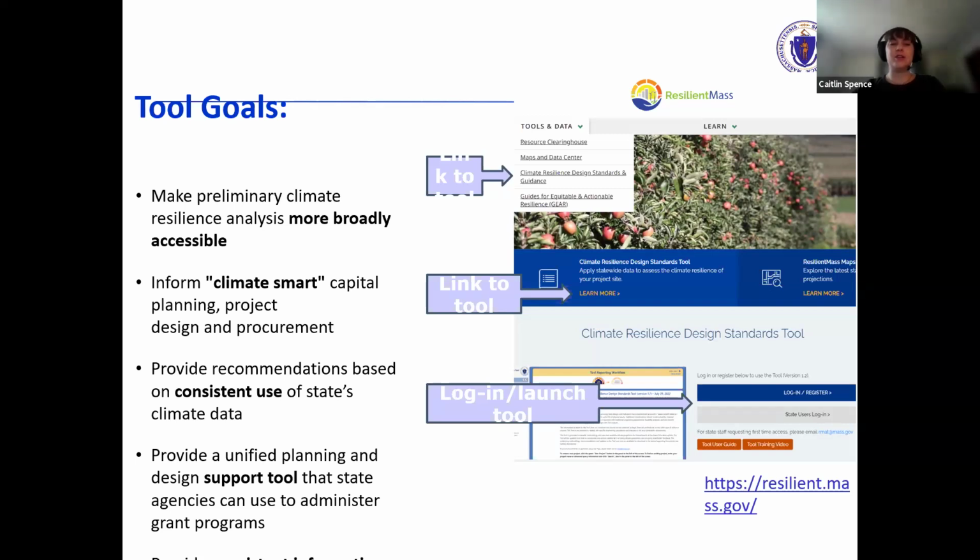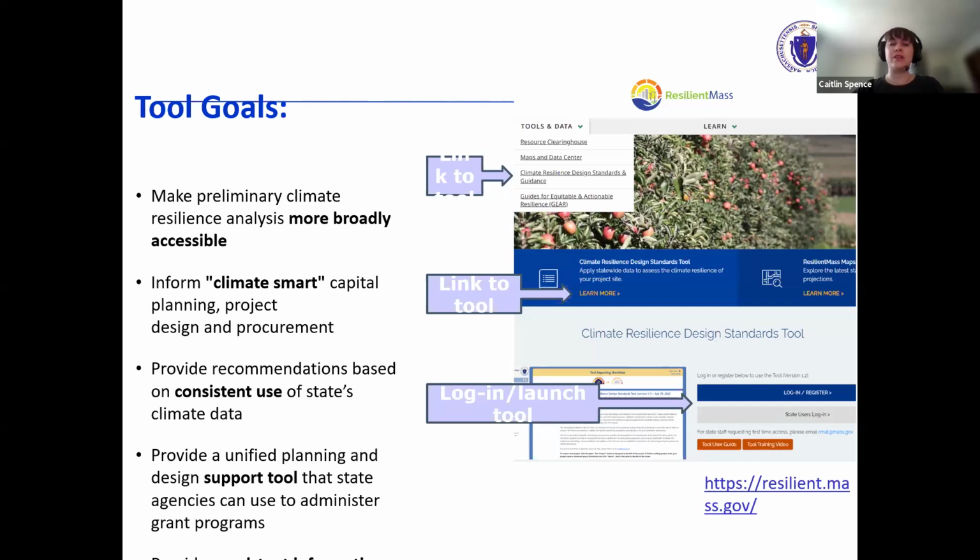We encourage the use of the tool for projects which have physical assets to understand things like, to what extent is the project exposed to extreme heat, extreme rainfall, river flooding, and coastal flooding? How sensitive is the project to hazards it's exposed to?